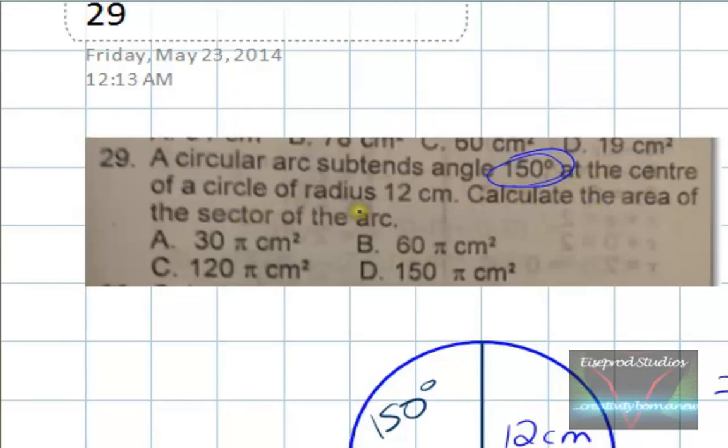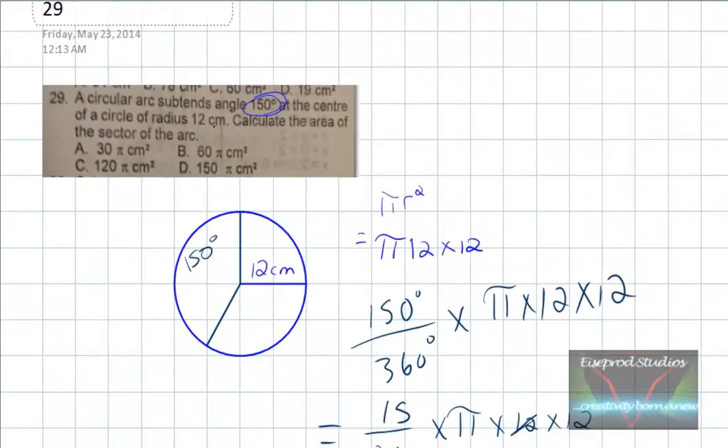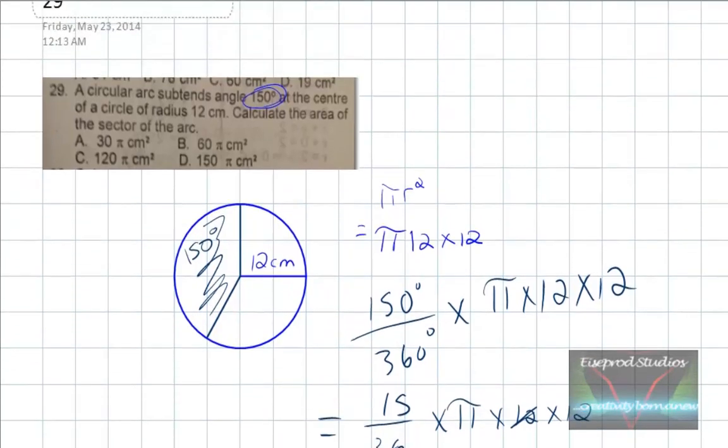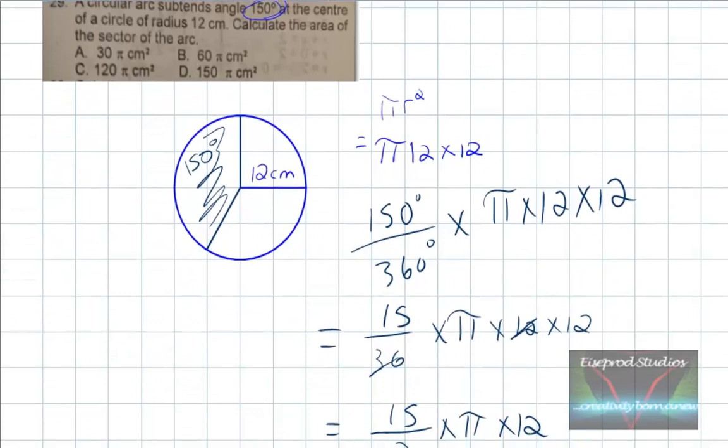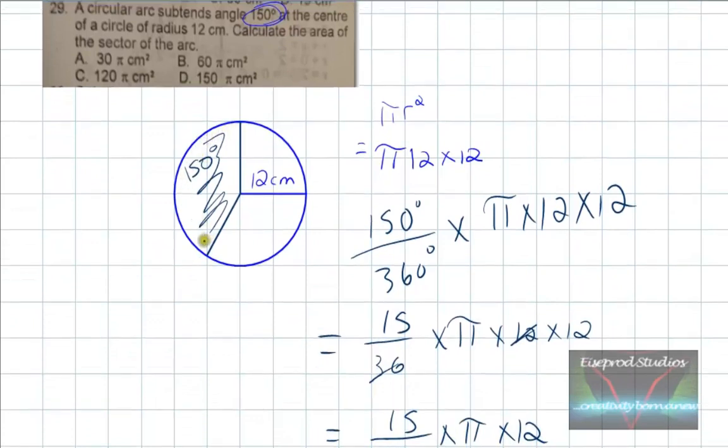Question 29 tells us that a circular arc subtends an angle of 150 degrees at the center of a circle with a radius of 12. So they want us to calculate the area of the sector of the arc. So what is this area? Remember that the area of a circle, the entire circle, is pi r squared, or in our case, pi times 12 times 12. And then we know the amount of area covered in degrees: it's 150 degrees out of the total 360. So if we take that fraction, 150 divided by 360, and then multiply it by the full area